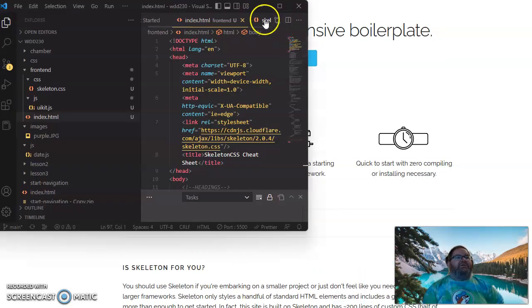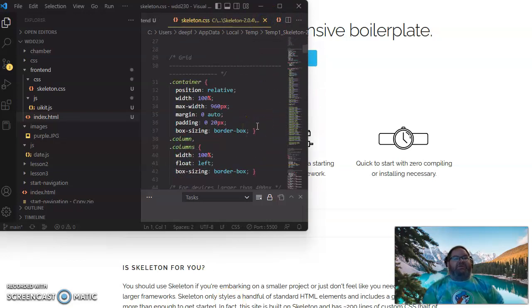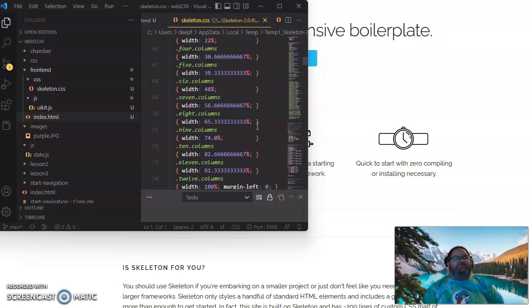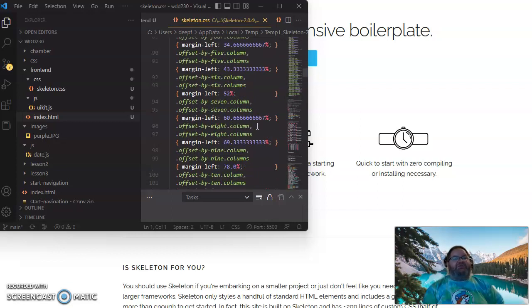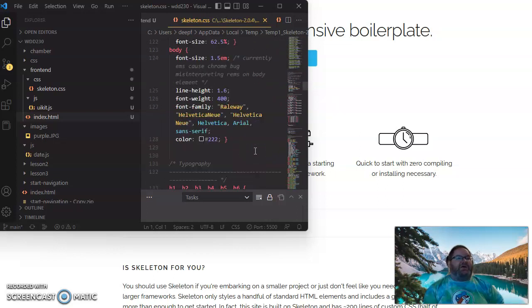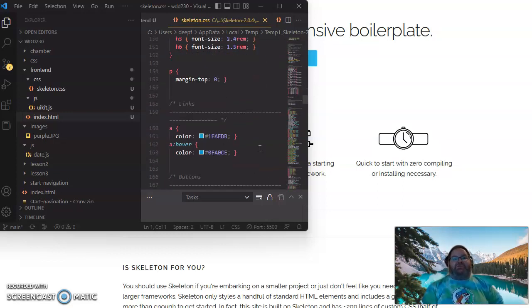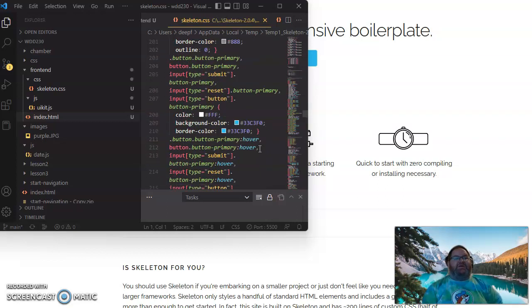right here under the skeleton, and it's basically different container sizes, columns, just probably whatever you could think of to get you going and set up. This is a very basic one, unlike Bootstrap, where it can go more into depth in what you can do. So the skeleton here is more of just a generic